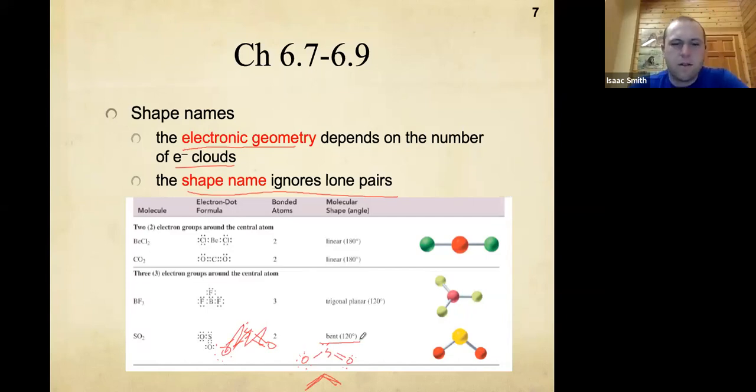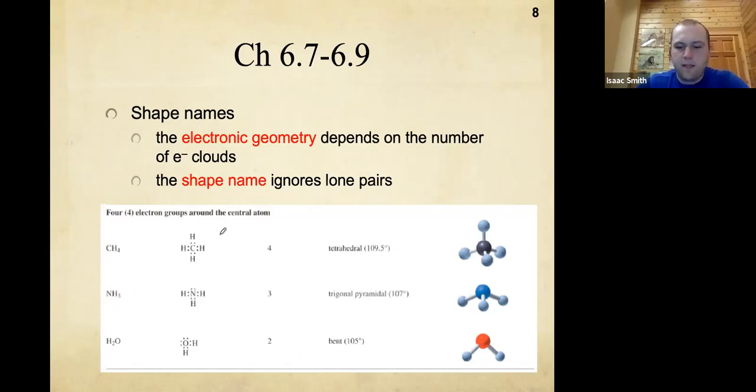Moving on. So the next example is when you have 4 electron groups, right? You're going to have a tetrahedral electron geometry. But depending on the lone pairs, so this one has the lone pair up here. So if you just look at the bound atoms, it looks like this. Then in water, we have 2 lone pairs. So the atoms look like this, and that's the bent shape. Okay. In your book and stuff, you might see